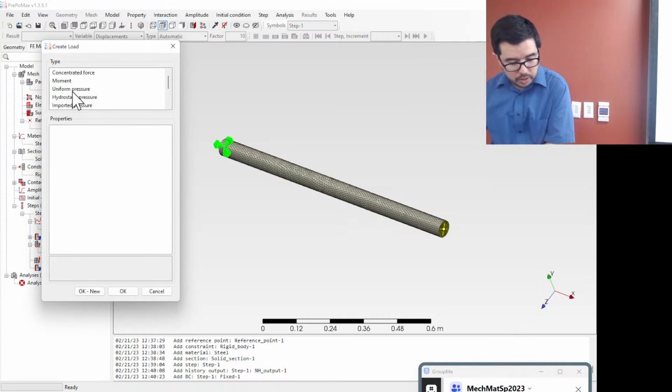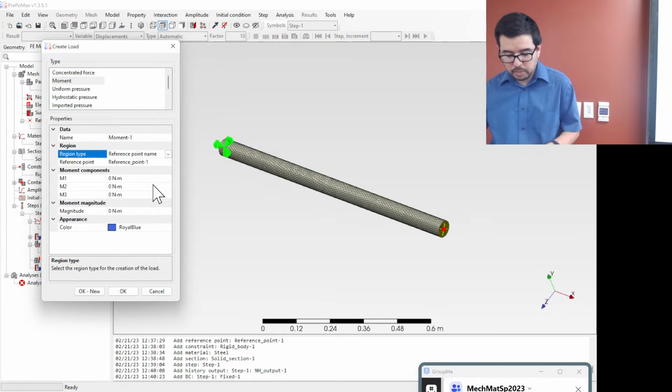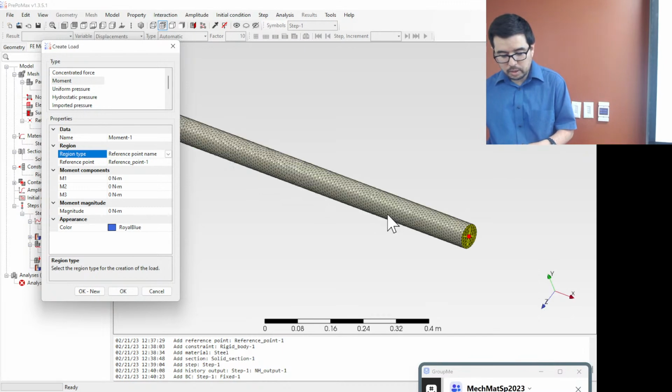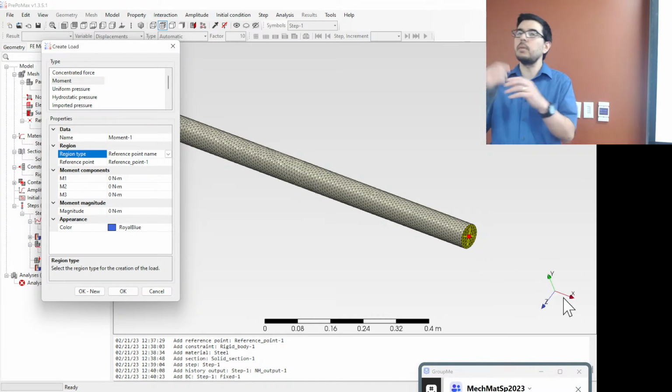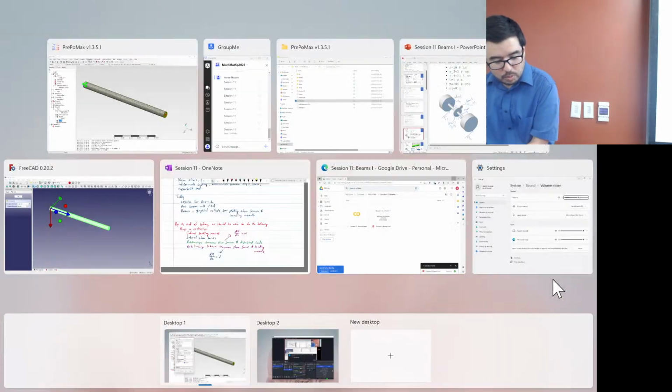Okay, and we're going to do a moment, and we're going to do a selection, right? Again, our reference point. And which direction are we applying our moment? We're applying it about X. Okay, so now we're going to do that. And now I'm going to go back to the